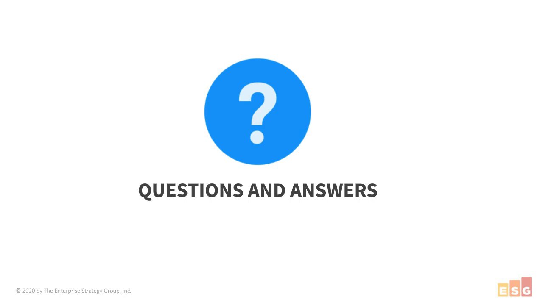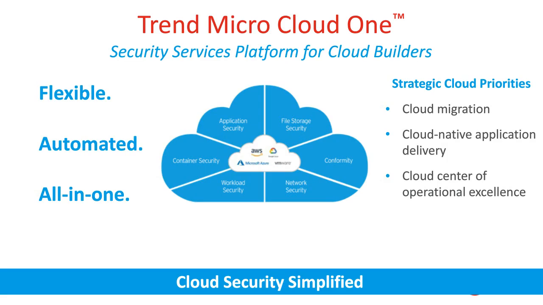Perfect. Okay. Let me just move forward then with the next slide as we wrap up. So at Trend Micro, we're really seeing three key priorities for organizations that are building in the cloud. The first one is cloud migration. This is a big transition for a lot of companies. It's not a complete rollover into a new set of technologies or parameters, but hybrid cloud and multi-cloud, this is really the norm. We're seeing a number of different instances where hybrid cloud is the way that companies are going. They don't just dive into one specific technology such as serverless and transition their applications overnight.